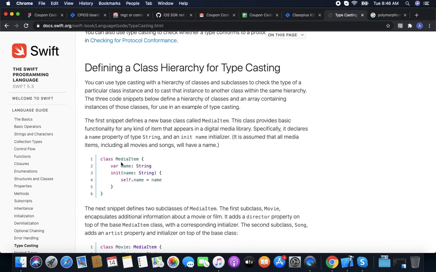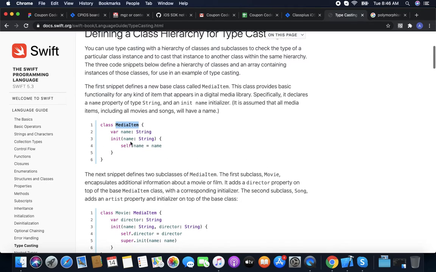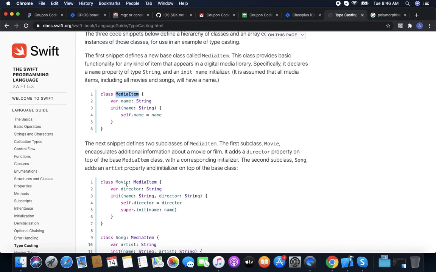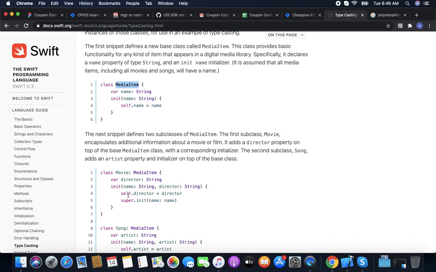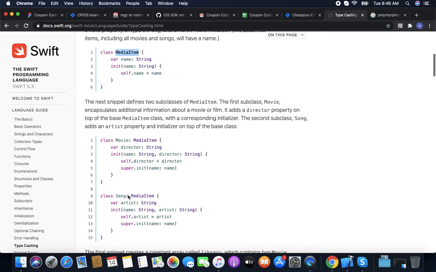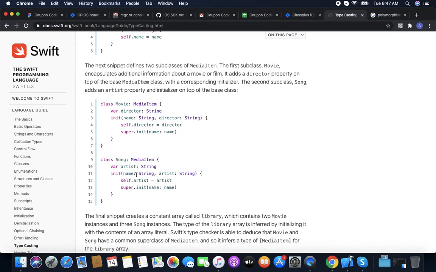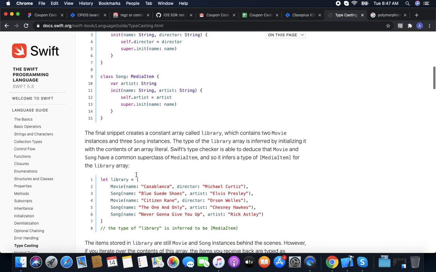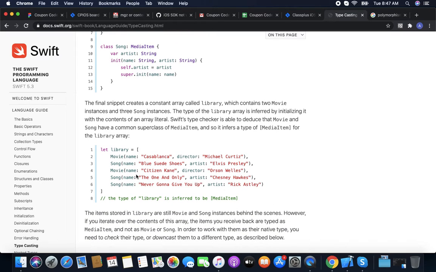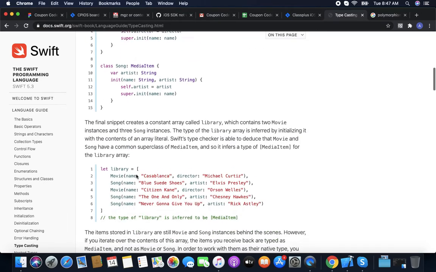Like defining a class MediaItem, which has a name and an initializer. Now we have Movie, which inherits from MediaItem and has director and obviously name because it inherits from MediaItem. Now we have Song as a MediaItem, which has artist and obviously name because it inherits from MediaItem. Now we create an array of basically media items.